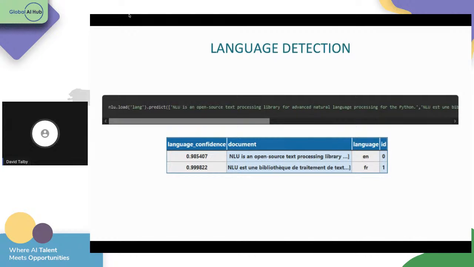Let's look at some other examples. Language detection is one of the other things that the library can do. nlu.load('lang').predict, and here we don't give it a single string. We give it an array of two strings, which is one of the things that predict can accept. One of those strings is in English. The other